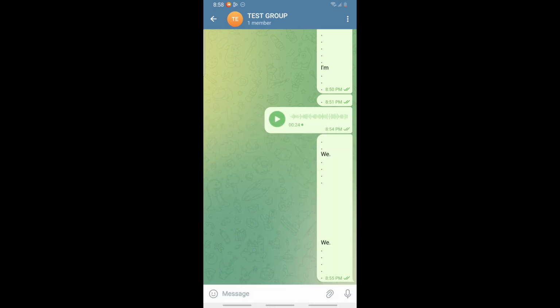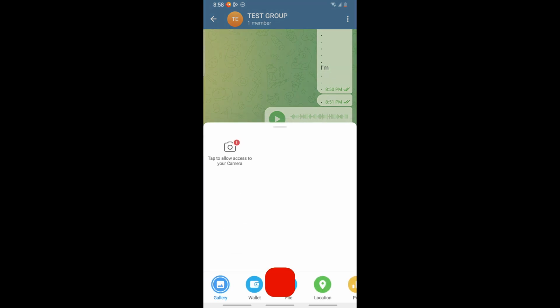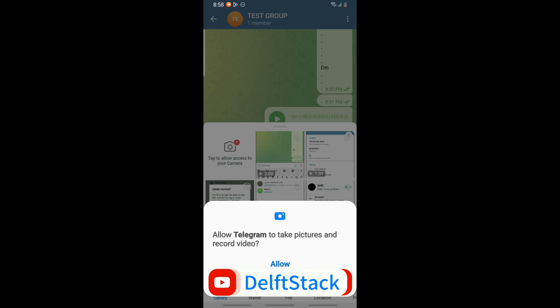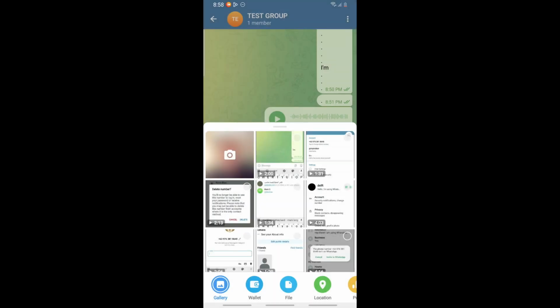So, first thing is, of course, just simply open up the Telegram application and go to the message that you want to send the self-destructing photo with. Now, once you are here, for example, like me, select the clip icon beside the microphone icon down below at the bottom right corner of the screen, and now make sure to allow to take pictures and record video. And now from here, for example, I'm gonna select my camera and